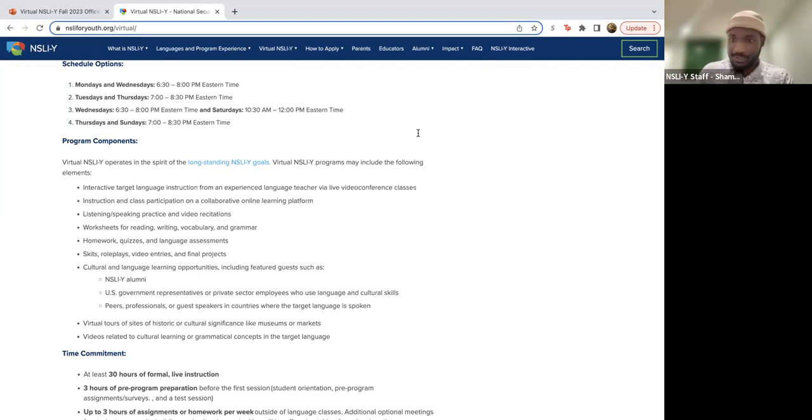So if you're a type of person who's just like, I want to have every language under my belt, right? And you don't have any real future intentions with like Chinese or Hindi or whatever your target language is with Virtual NSLI-Y, then it wouldn't be a strong application, right? So say for instance, you want to pursue Hindi with Virtual NSLI-Y, as long as you have a clear short-term or long-term goal for what you want to do with Hindi, then that's fine, right? As long as you meet the eligibility requirements, as long as you're able to have a specific plan for your language studies, then you are fine in your application.